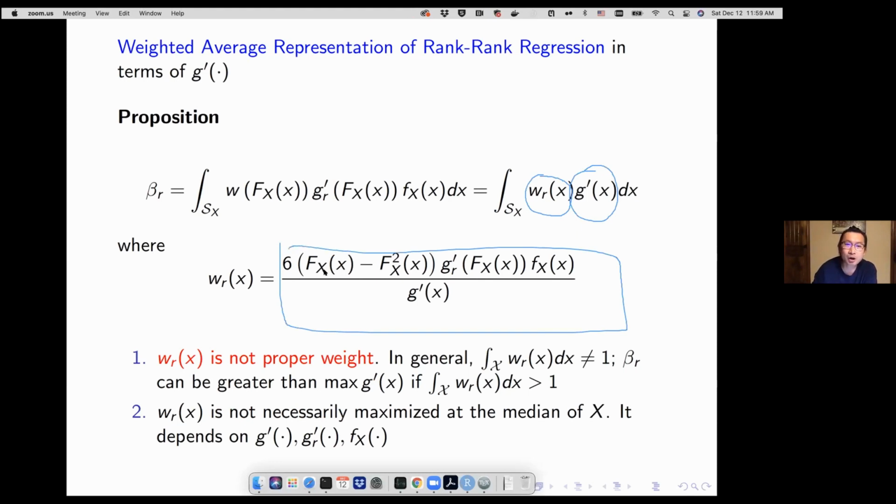It depends not only on the rank itself, the X itself, but also on the relationship between ranks and the relationship between the levels, okay? So this weighting function is very peculiar, and is not necessarily a proper weight function in general. There's something that is not going to be equal to 0. That means the mobility measure that we get can sometimes even be greater than the maximum of our